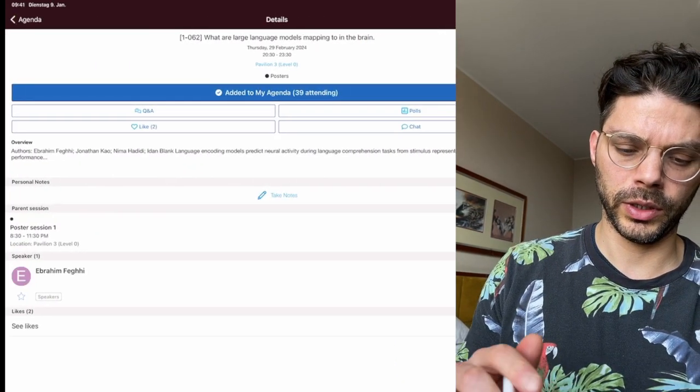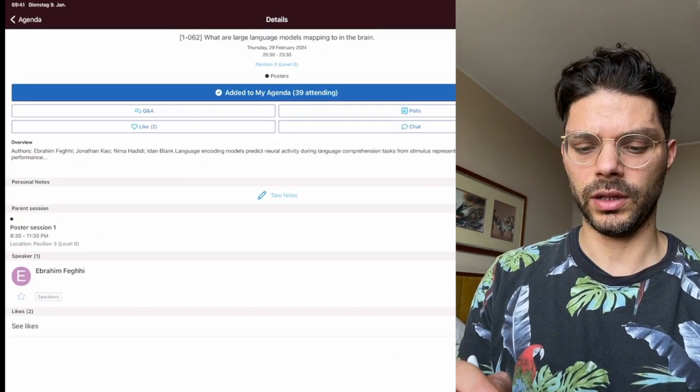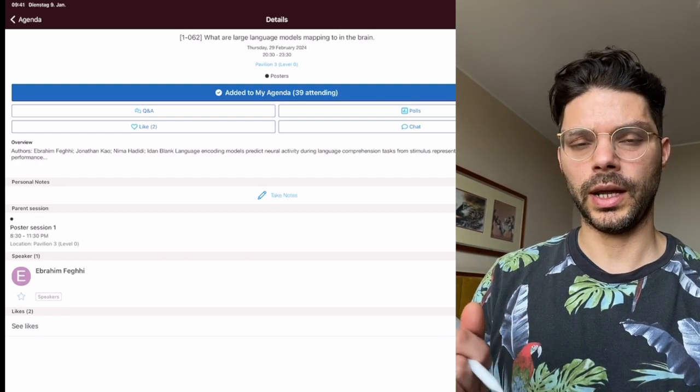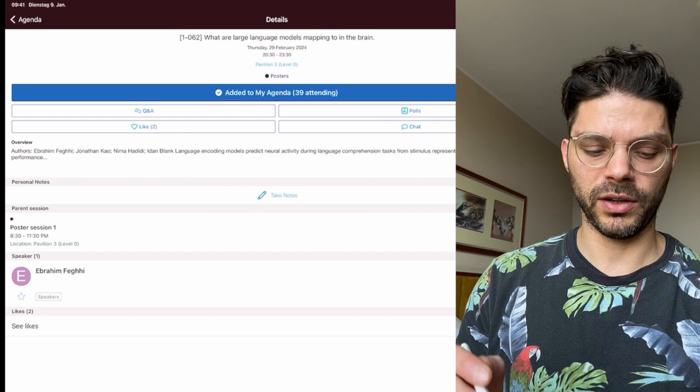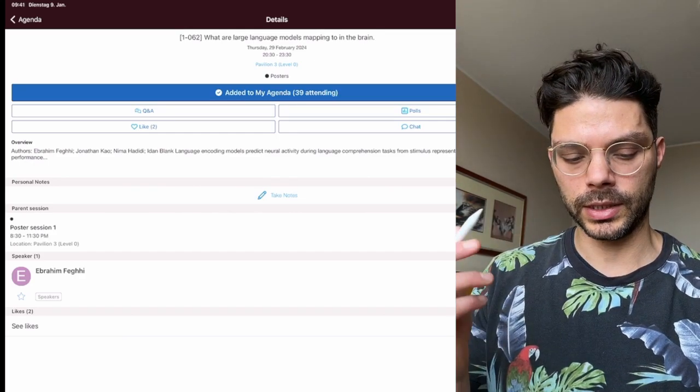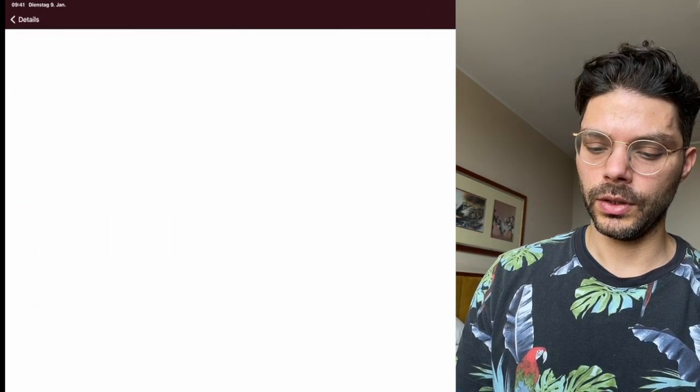Okay, here we go. So actually, I've only seen one abstract so far talking about large language models. So I think my predictions on that front so far have been very poor, but let's see. Okay, so what are they going to be talking about?